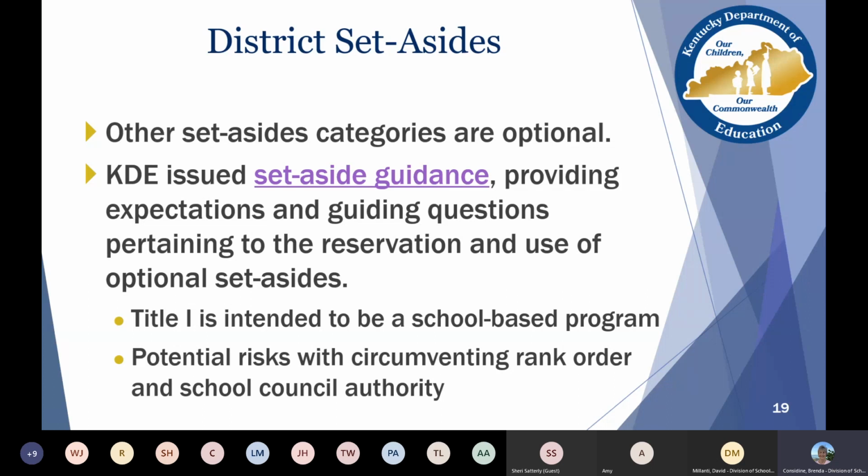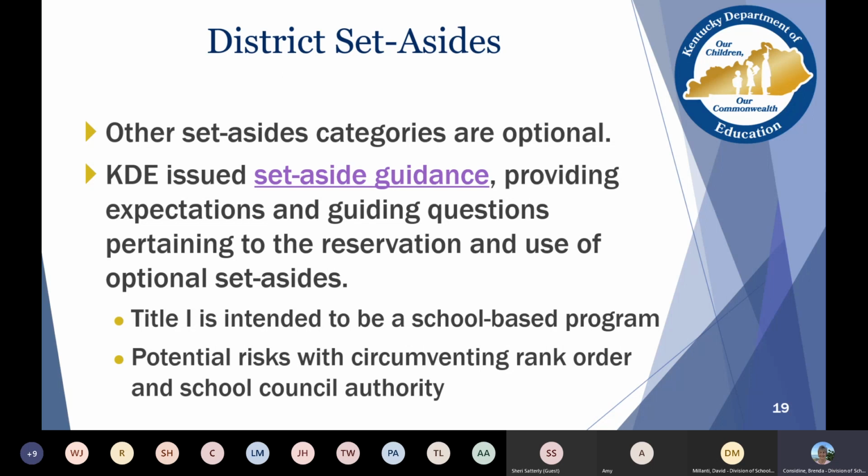We love to see money go to schools and for school programs, but we do know that there are times that you have to have some district set-asides. So always remember that Title I is intended to be spent at the school level and have a school-based program. Always remember that when you have your set-asides, you are having some potential risk with circumventing rank order and school council authority.